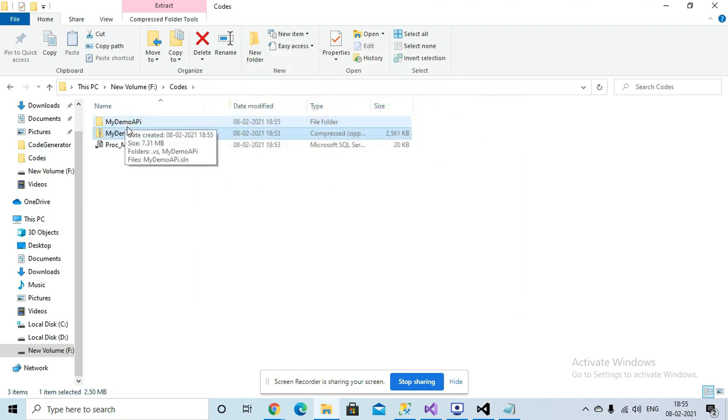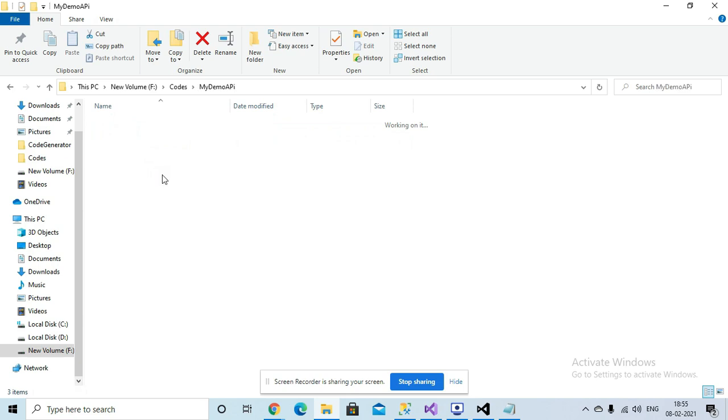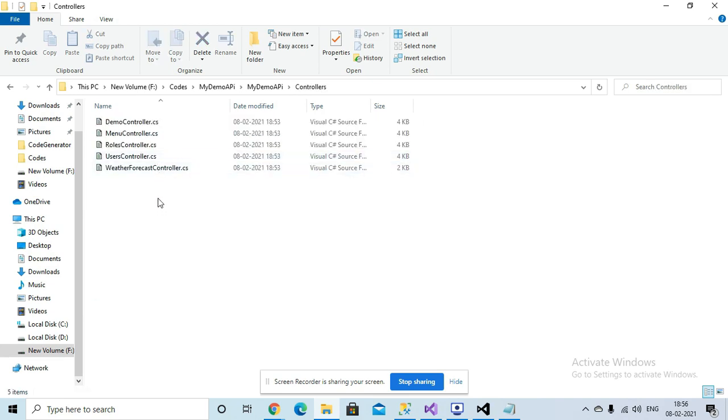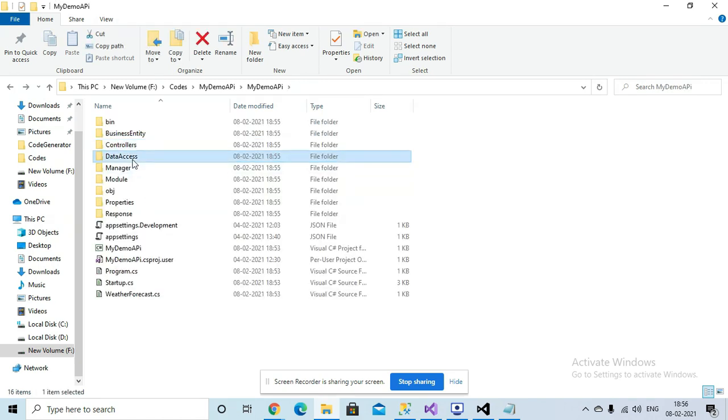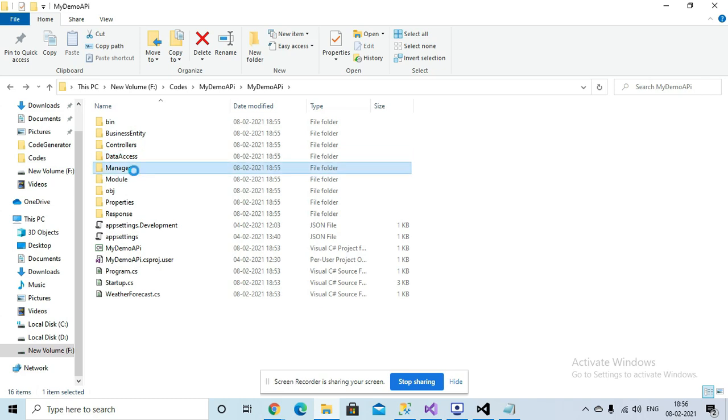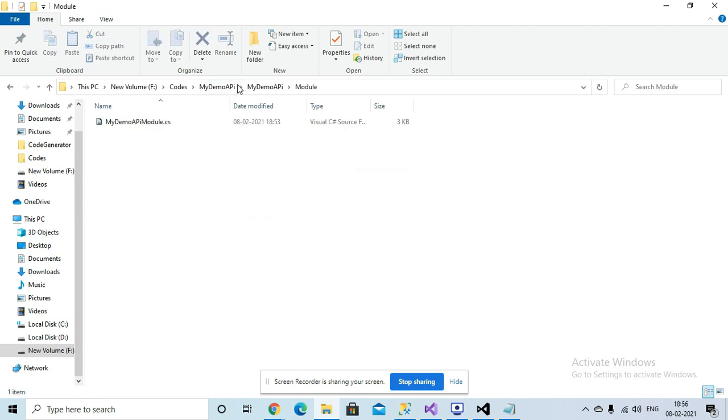Now it is unzipped, and here you can find the solution file, as well as a folder where all the controllers are. We have the controller, a data access layer created inside this folder, a manager layer inside this folder, and then the module created inside this folder.